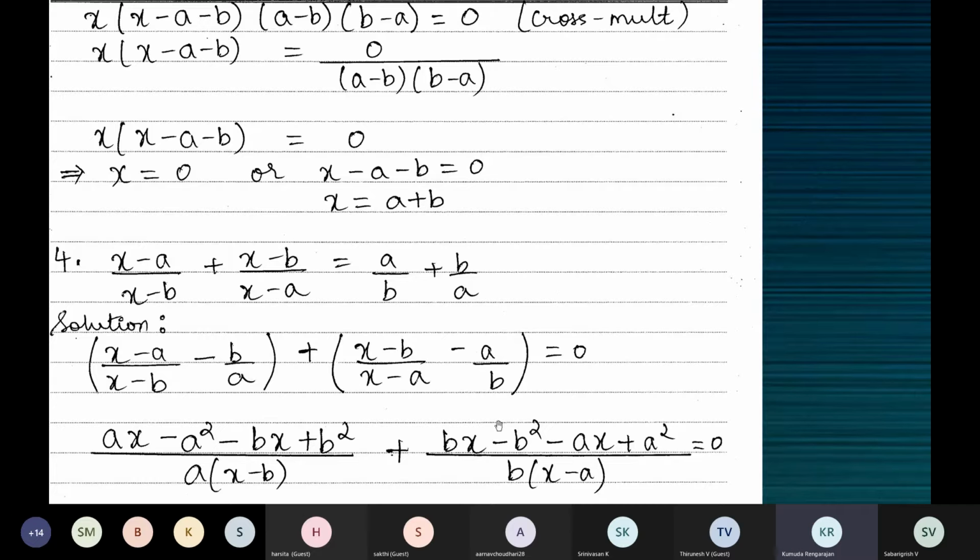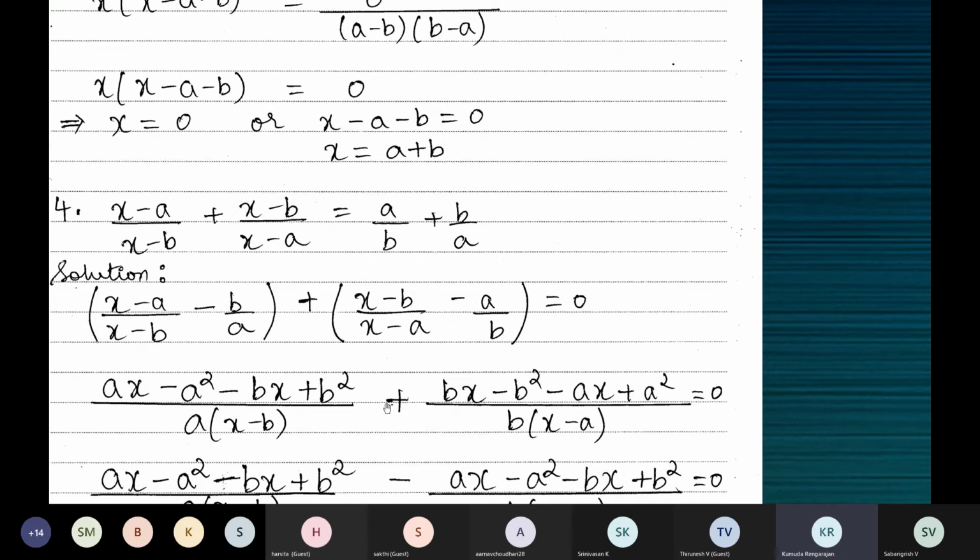We almost have the same terms, just that they have opposite signs. If it is plus ax here, it's minus ax there. If it's minus a square here, it is plus a square. To match the signs, you can take out a minus common here and write all the terms with the opposite sign. When you take a minus common, minus into plus is minus, so you can just change the connector and write all these terms with their opposite sign.